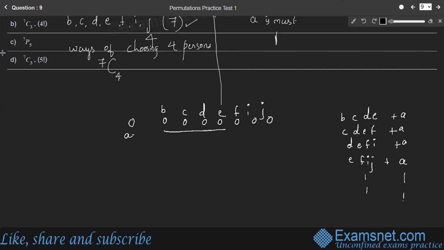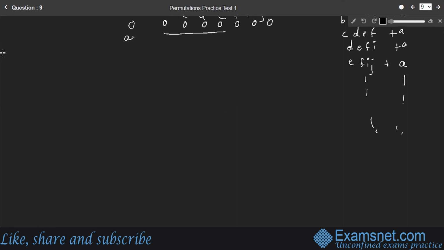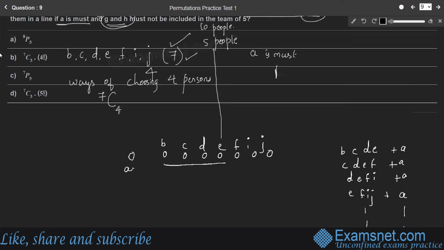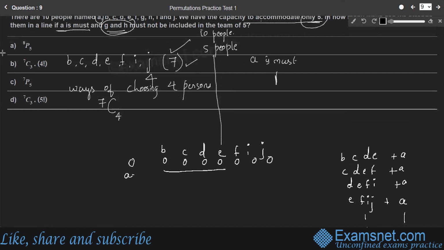So in this way, you can choose A in many ways, right? Therefore, the ways in which person A can be added to the remaining 4 persons is 5 factorial times. So the person A can be added to the remaining persons in 5 factorial times. Therefore, total ways of selecting 5 persons out of 10 persons,